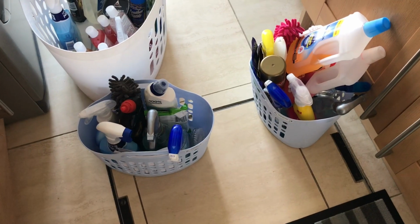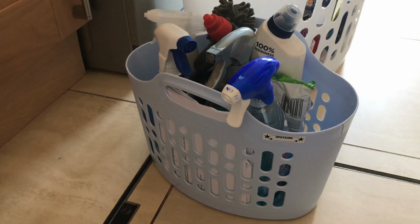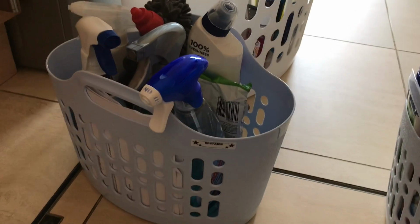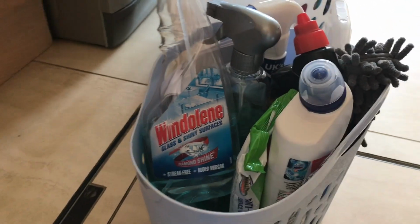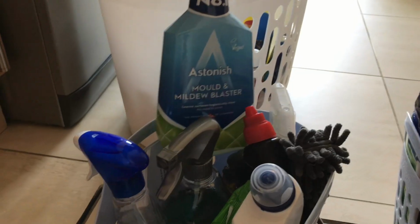We do actually have a cleaning company come in every 2 weeks. So I've made up some baskets for the cleaners. We've got an upstairs and a downstairs, and put all the products in that I want them to use in the house. So in the upstairs, there's some Window Lean, Stardrops 4-in-1 pine disinfectant, Astonish mould and mildew for